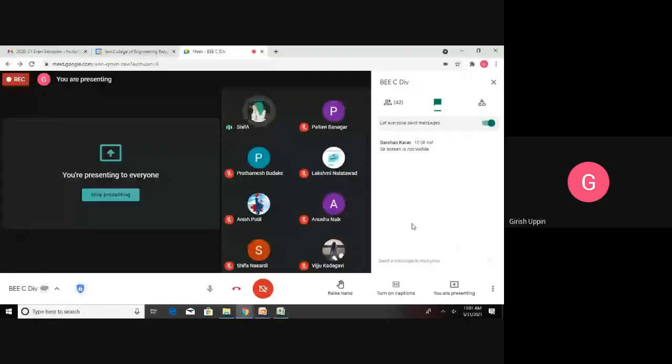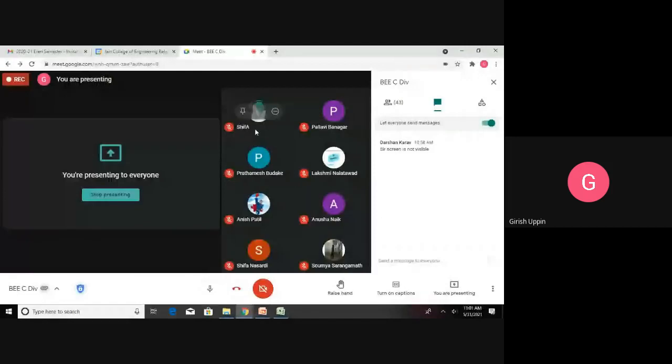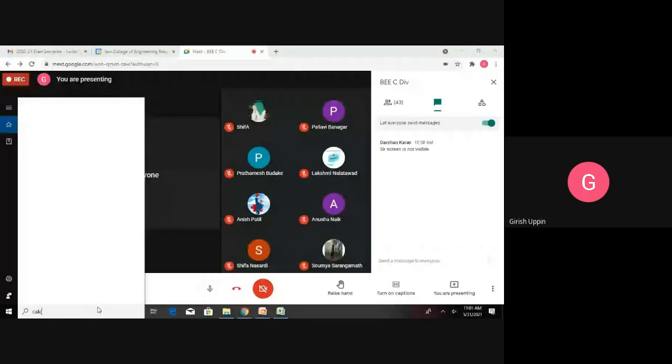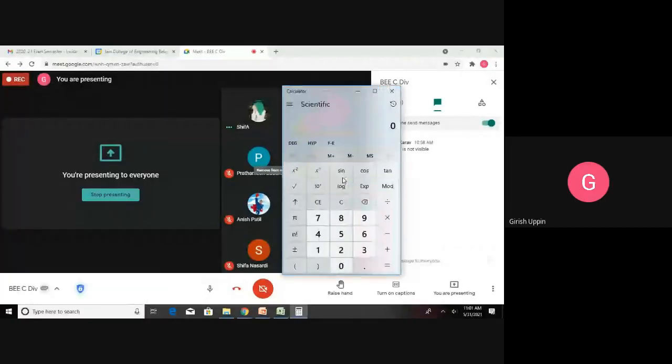Did anybody calculate? Shifa. So 0.2... No, 5 ohm. 5 ohm. Okay, 0.2, Shifa. 0.2 is 1 by Rp. You are telling the 1 by Rp. So you have to be very careful. I told you. So anybody else got the 5 ohm? So 5 ohm. Okay. So you made that mistake, right?